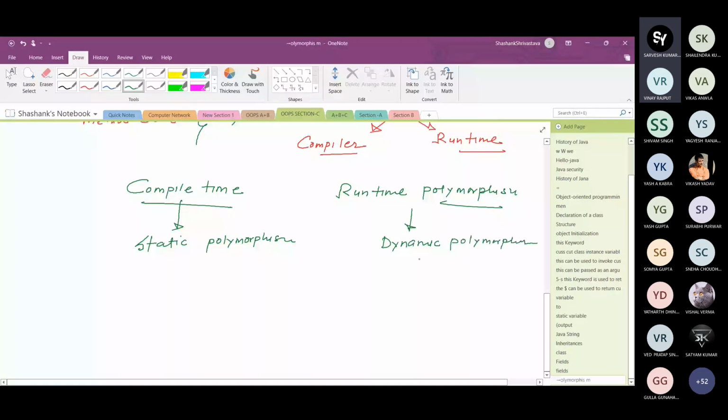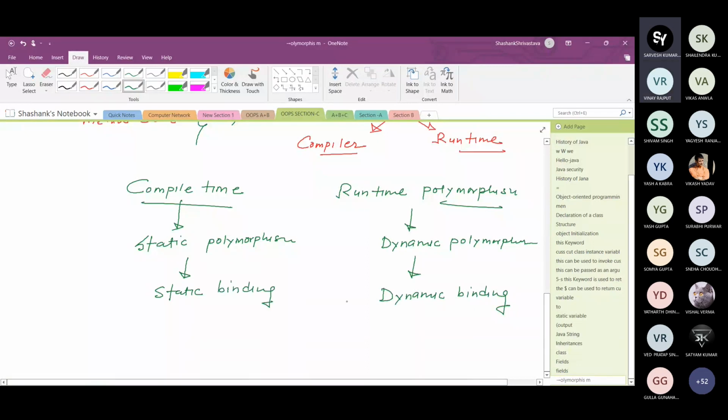Dynamic polymorphism is also called dynamic binding, because the binding of method call to method definition is at runtime. And static polymorphism is also called static binding.